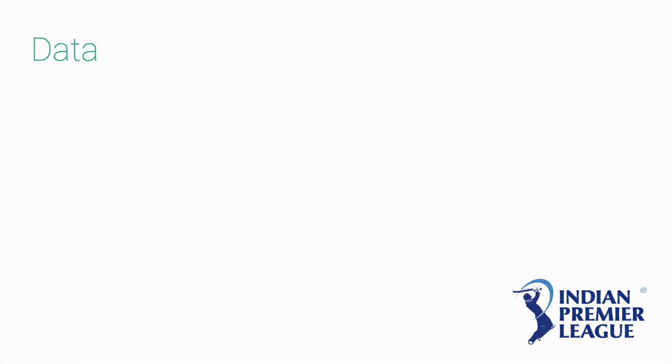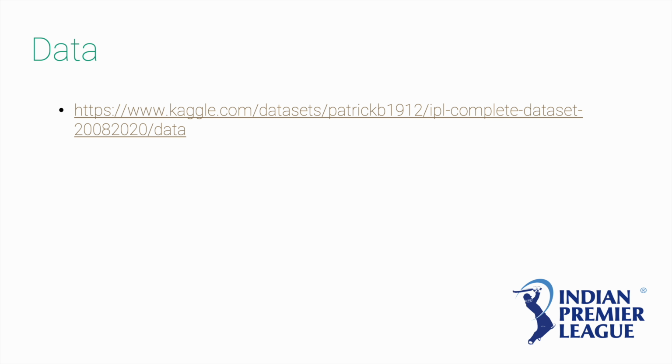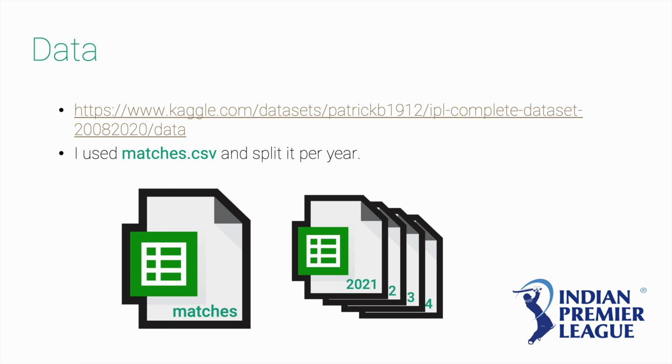So, in our live example, I'd like to share with you the data we used. This data is from Patrick B, so a huge shout out to him. And it's about the Indian Premier League, which is the biggest cricketing tournament in the world. Now this has two CSV files, and I've used the one called matches.csv. It contains all of the matches played in the IPL with columns including the date it was played, the two teams that played, the team that won the game, the margin it won by, and so on,